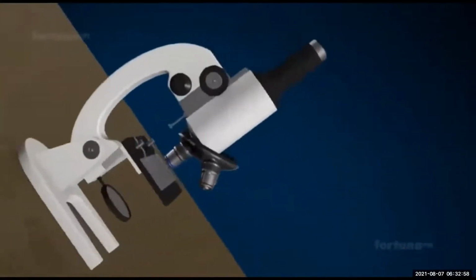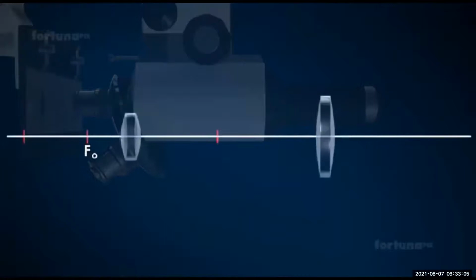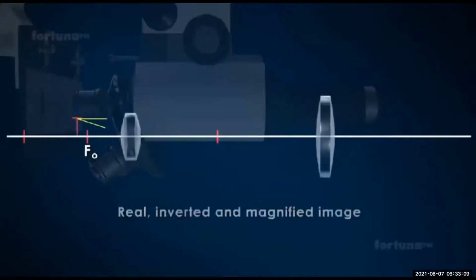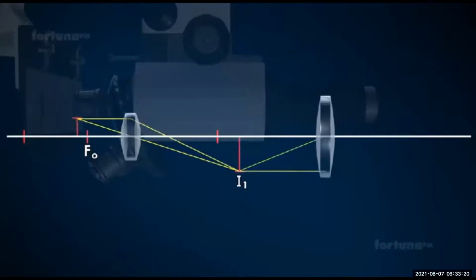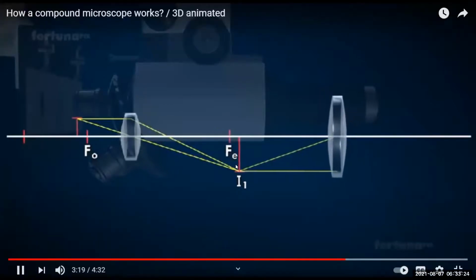Working of the compound microscope. The object O is placed just outside FO, the focus of the objective lens. A real, inverted and magnified image, I1, is formed. The magnified image, I1, acts as an object for the eye lens. The eyepiece is adjusted such that the image I1